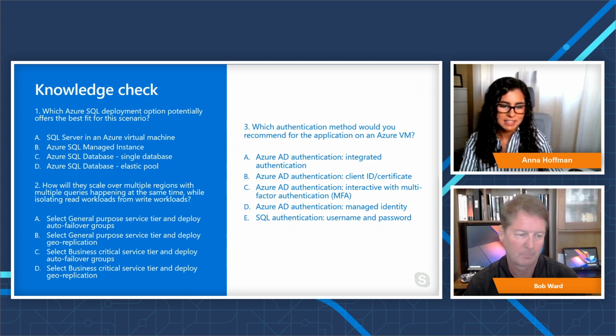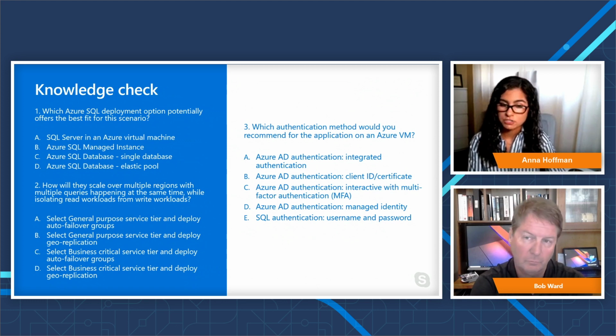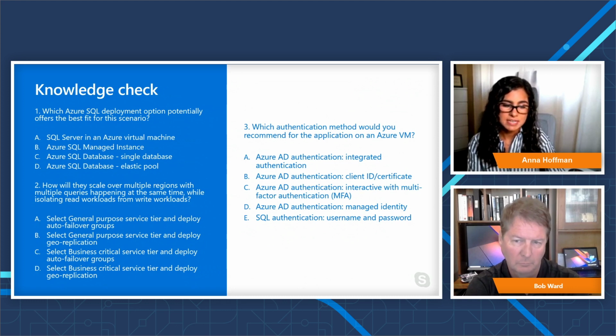Yeah, definitely. And it looks like from the questions we might be having, the answers are starting to come in. It looks like we're getting B, C, D for the most part. So that would be landing in managed instance, BC, business critical with auto failover groups, and Azure AD authentication managed identity. Now, some people for question 3 are saying answer C, so Azure AD auth with MFA. Some people are saying A, but mostly we're getting B and C for the first 2 questions and D for